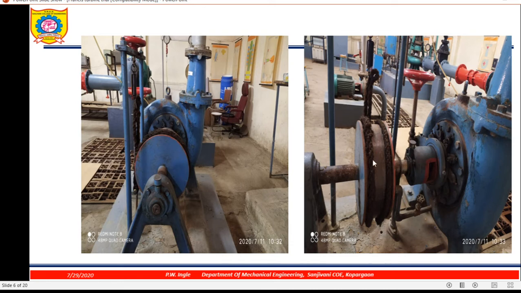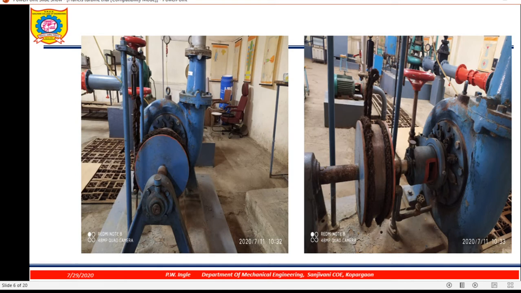At that 25% opening you can note down the readings at zero load. What are the readings? P1, P2, then W, S, and shaft speed. Now go on adding the weight. So speed varies, but opening is constant. Note down the readings at 25% opening, then 75% opening, and then 100% opening. In this way you can plot the characteristic, and that characteristic is nothing but the variable speed characteristic.